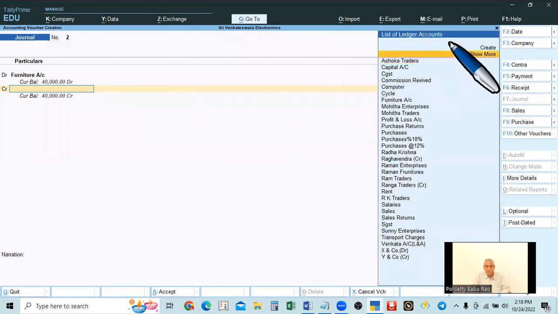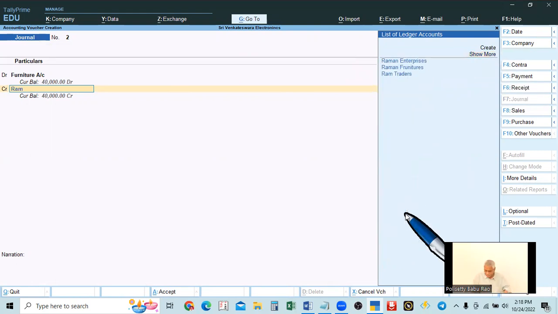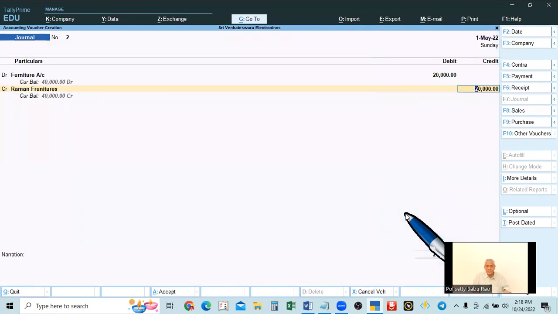In the list of ledger window on the top, create. So that also we can create. So now we have Raman Furniture. That is why Raman Furniture debit credit. Here we can write narration: being furniture purchased,